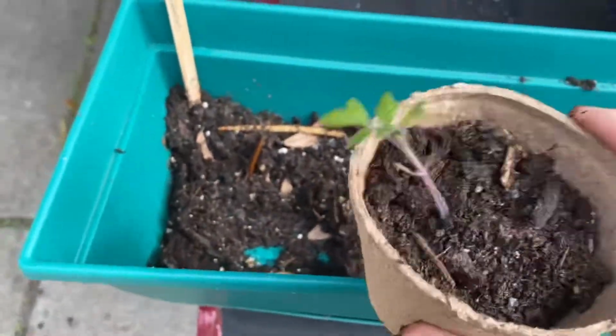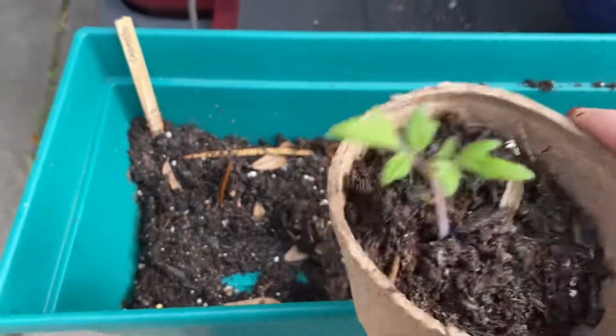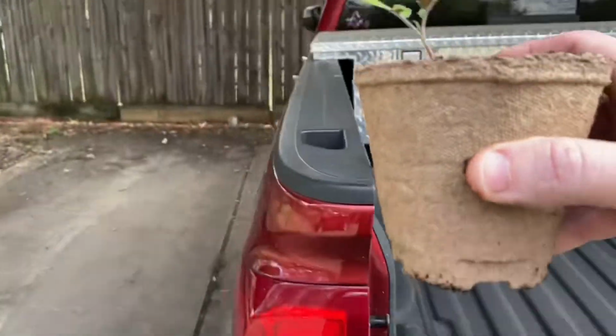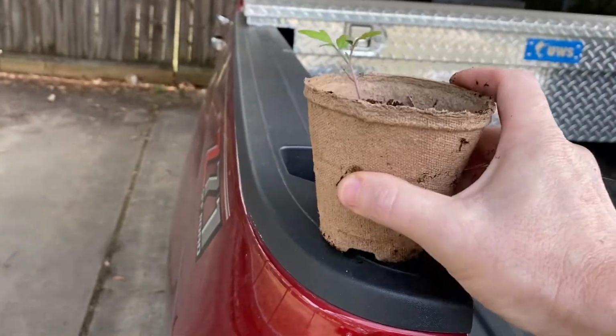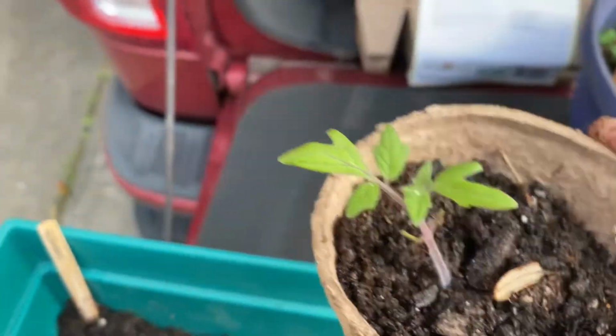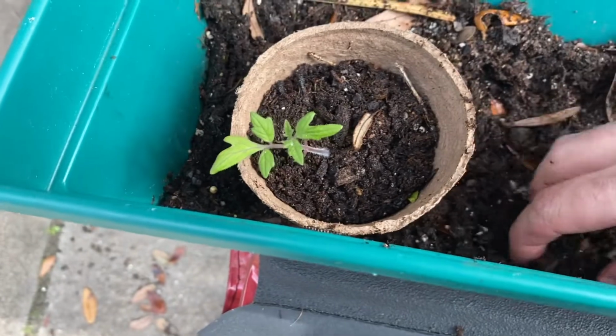you hear a lot of people who will tamp the actual ground down. When I'm doing a small pot like this, I just tamp the bottom of it. Let me see if I can show you on the truck here. And by doing that, you make the soil compact without making it too packy,